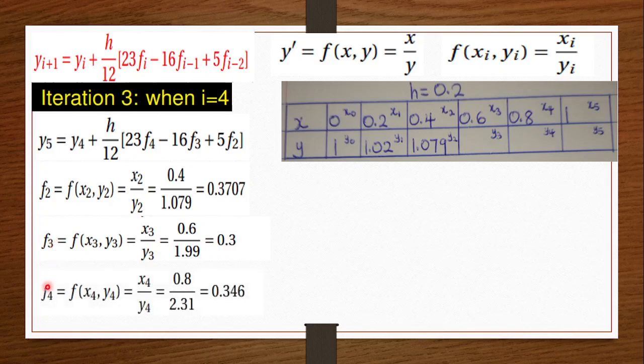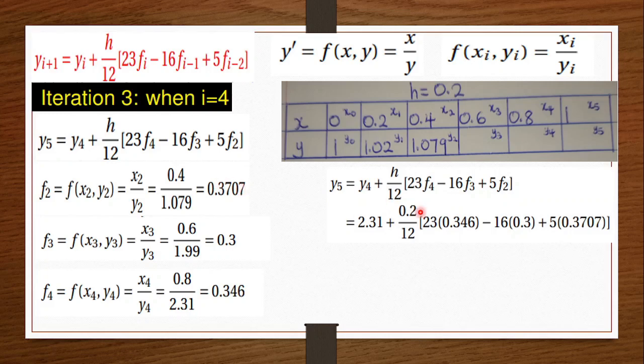Then again, we find f4. F4 is going to be x4 divided by y4. We know the value for x4 to be 0.8 from the table. And then from our previous iterations, we had y4 to be 2.31. So when we do our computation, we get 0.346, right? So now that we have f2, f3, and then f4, we can put them inside this equation. We know h, we know y4, and then we can find y5. So when you do that, you put them inside the equation here, and then when you do your computations, you will have y5 to be equal to